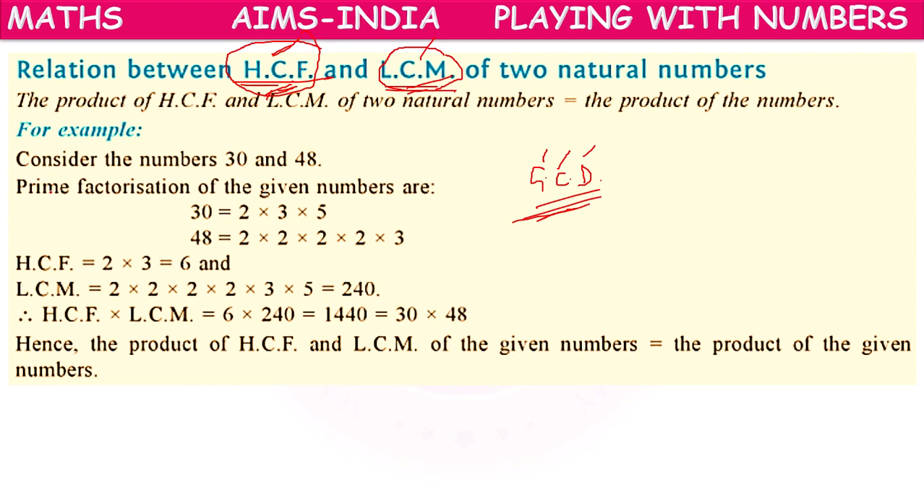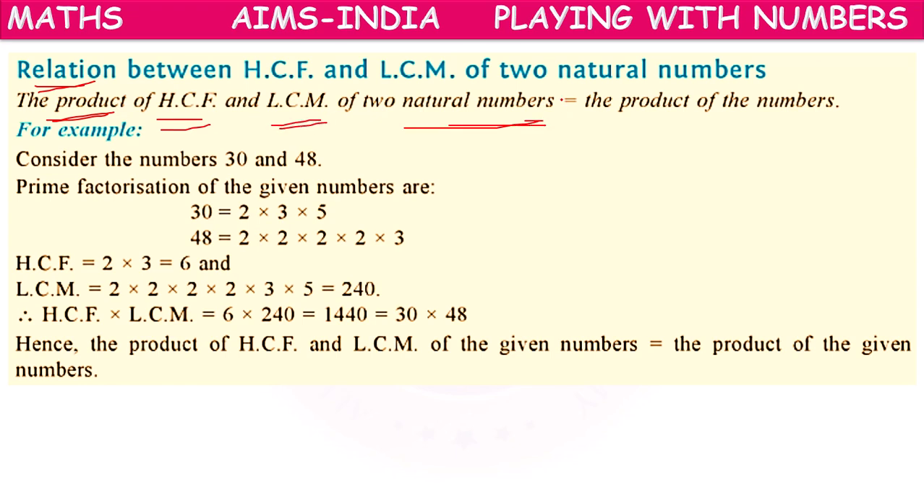So our today's concept is a relation between HCF and LCM of two natural numbers. We are going to find the relation between the HCF and the LCM of two given natural numbers in this video. The relation is: the product of HCF and LCM of two natural numbers is always equal to the product of the given numbers. Means if the given numbers are 30 and 48,